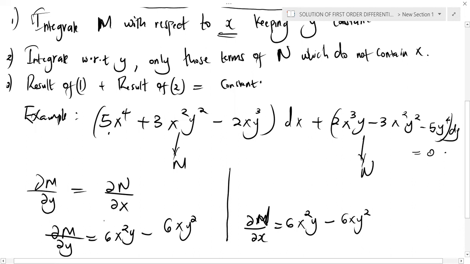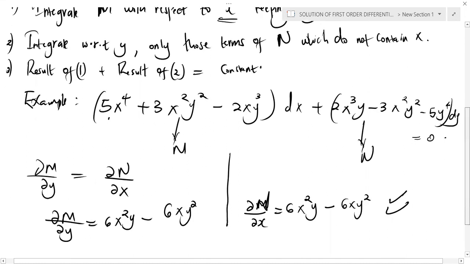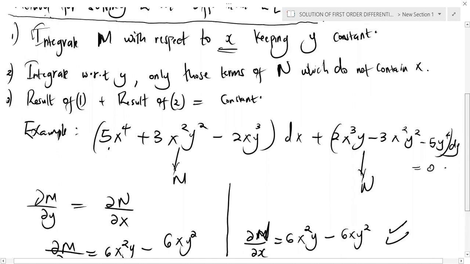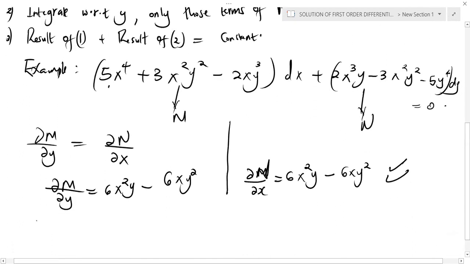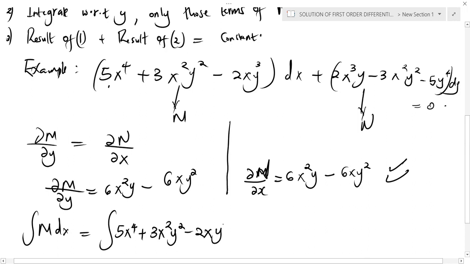Now, are these the same? Look at this and this, they're actually equal. So it is exact and we can proceed to get the result. In getting the result, as you can see, we integrate M with respect to x. So I want to take M and integrate it with respect to x. So what does that give? That will be the integral of 5x^4 + 3x^2y^2 - 2xy^3 dx. Integrating with respect to x, that will give us 5 over 5,